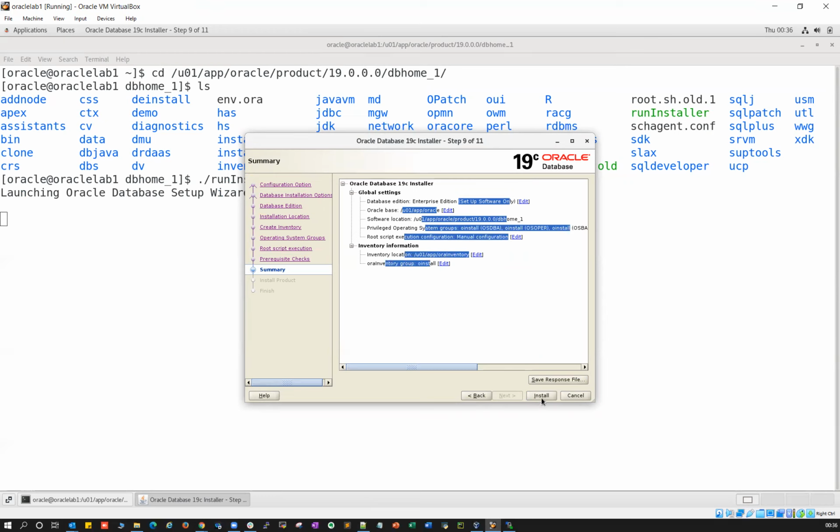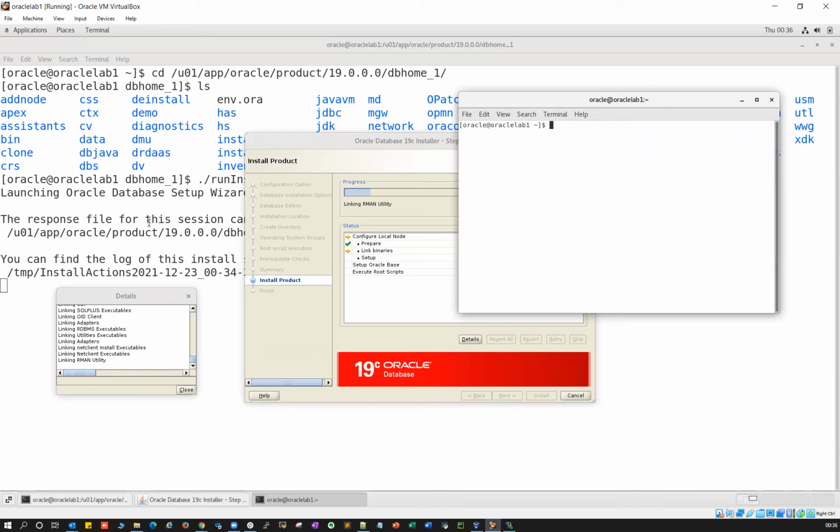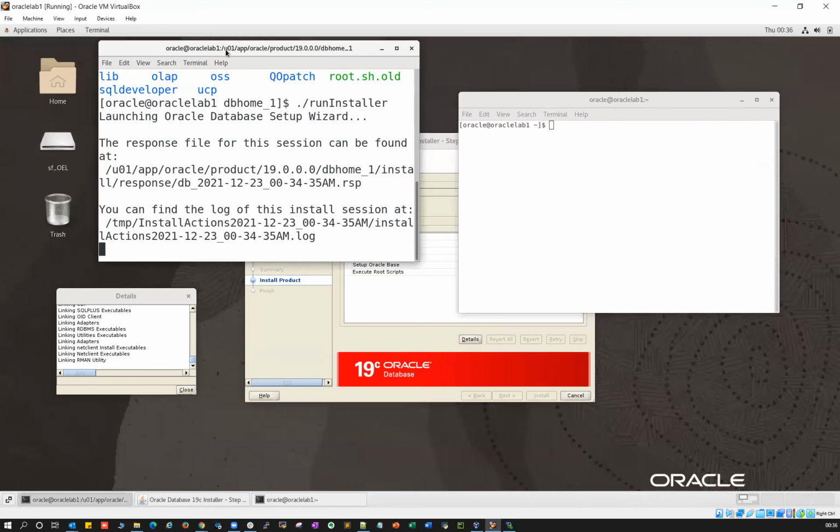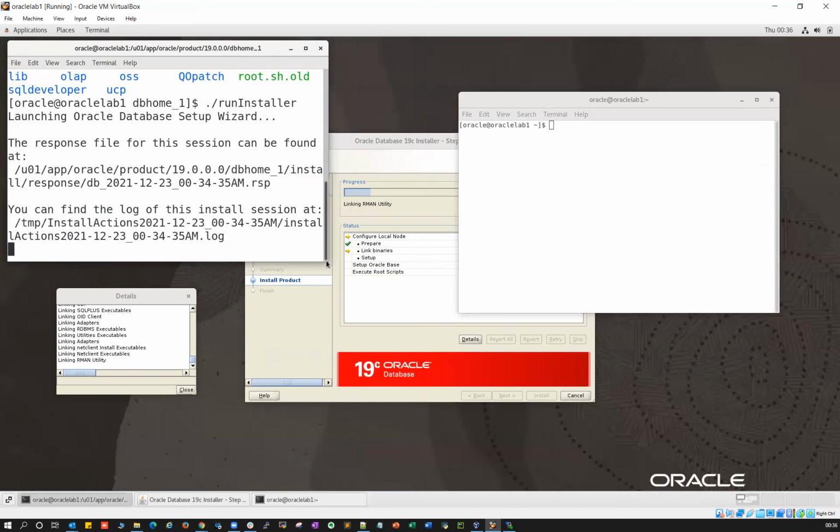So this is your detailed description. You can watch it here. You can take one more terminal session if needed. Let me minimize this one and take one more terminal session, keep it here, and I'll take one more session here, and you can monitor those logs. Anyway, I'll just keep it side by side. This is your response file, automatically saved here, and this is your installation screen.